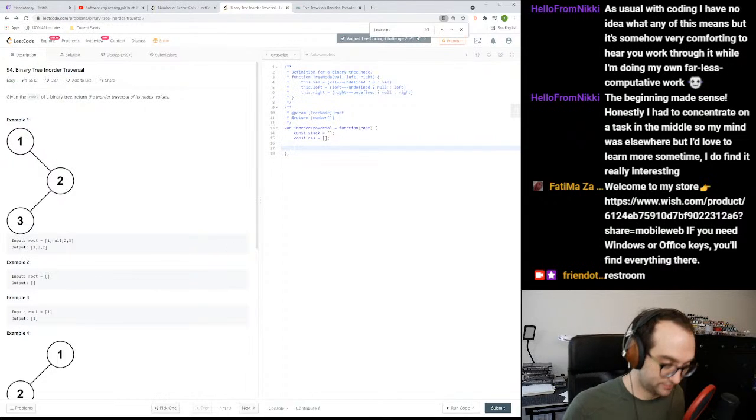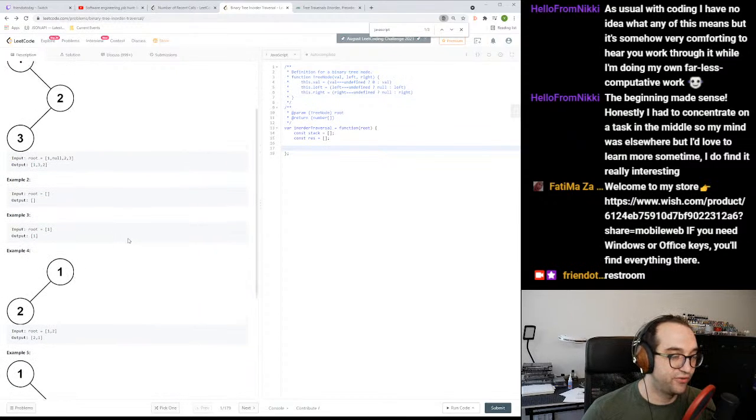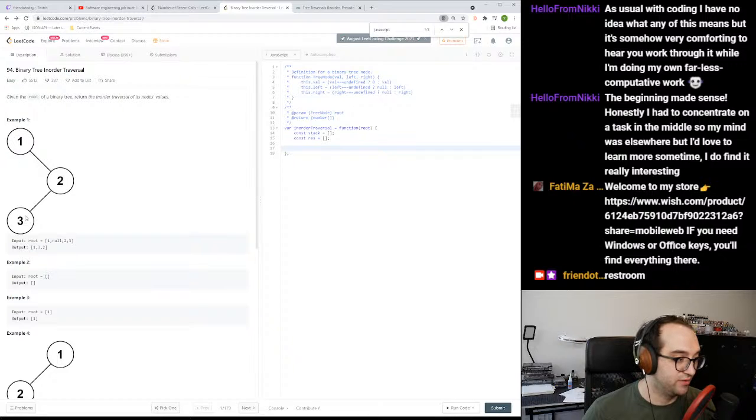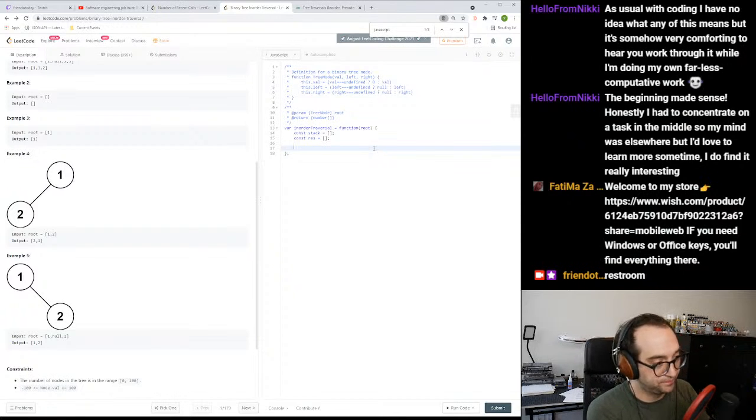Okay, so we are doing depth first traversal, which means we are going down. While there is a root, stack.length,